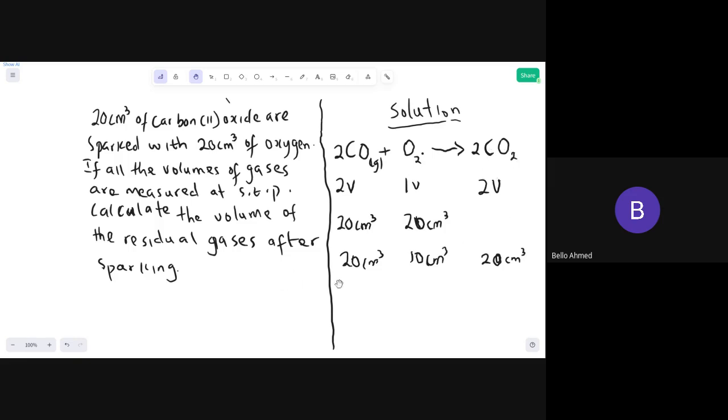So the total volume of the residual gases, I'm going to say volume of the residual gases